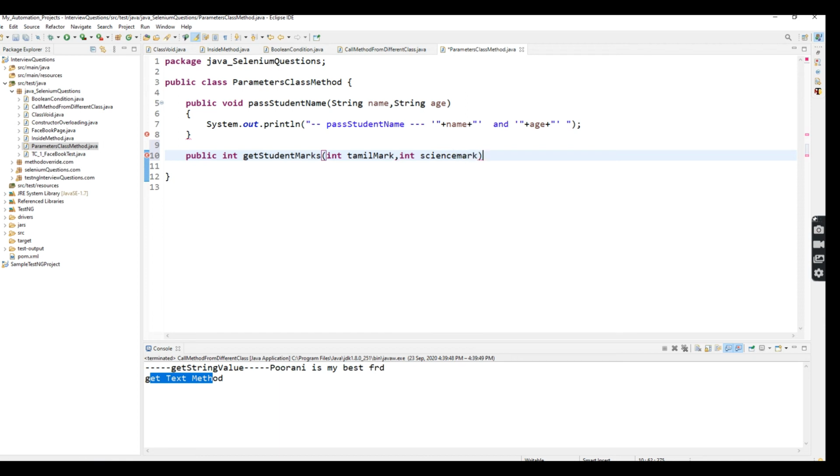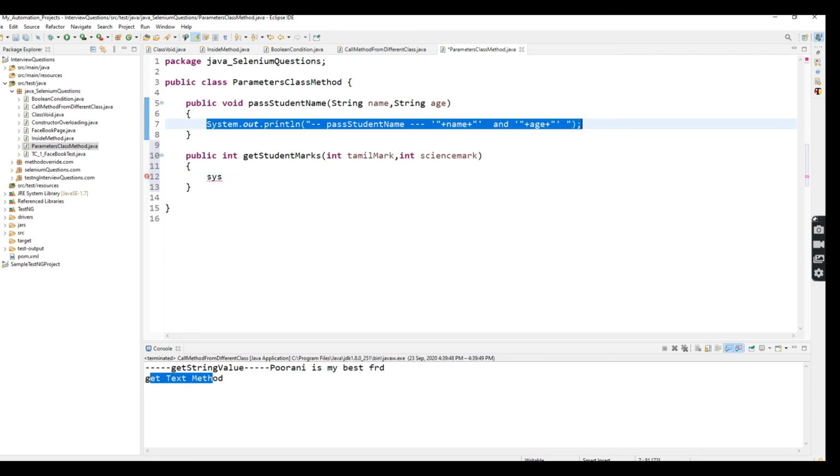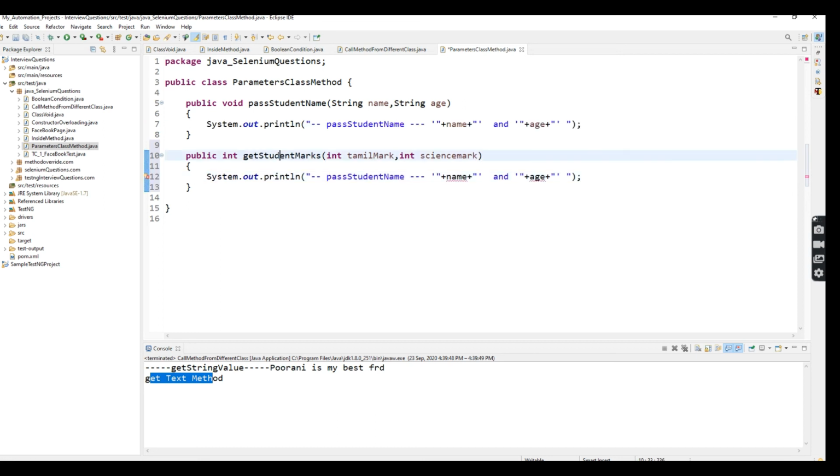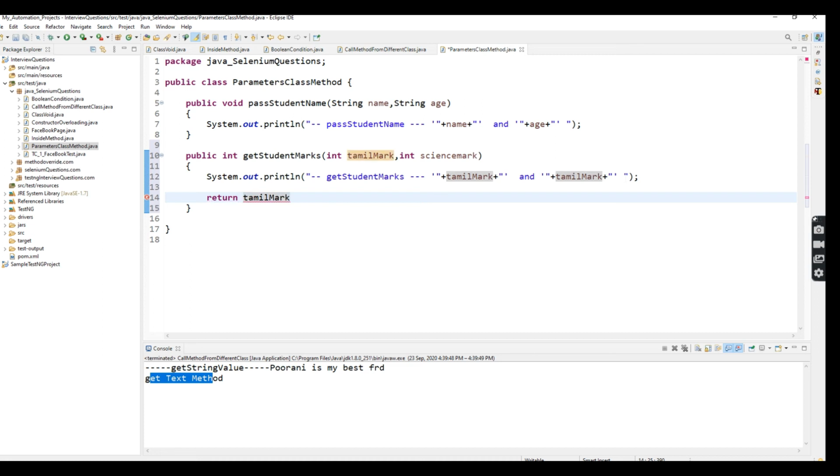These are the two parameters I'm passing inside get student marks. Now I'm going to return, right. So I gave syso, I just copy pasted it here itself. So get student marks and just print it. Here I'm going to return Tamil mark.